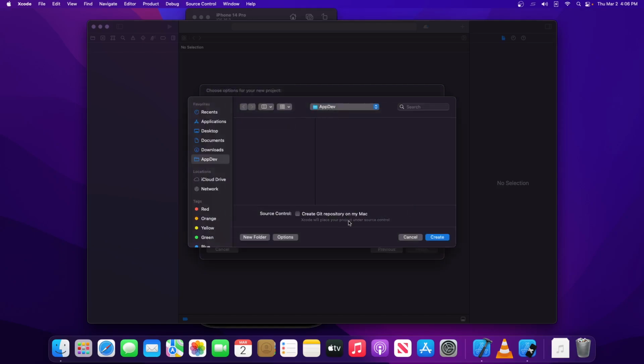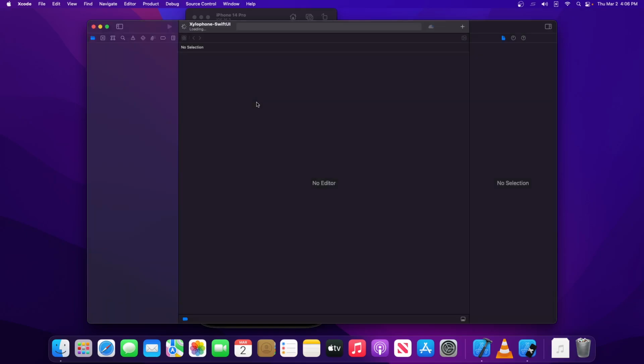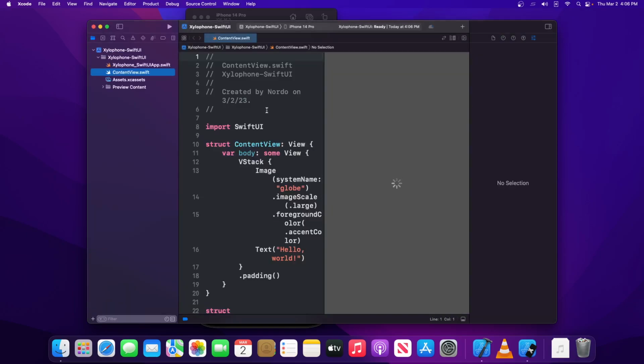And I'll just put it in my app dev folder. It's up to you if you want to do a Git repository on your Mac. I am not going to do one for this because it's going to be a pretty simple application, and probably just discard it when I'm done. So we'll create the app. All right. So here is our